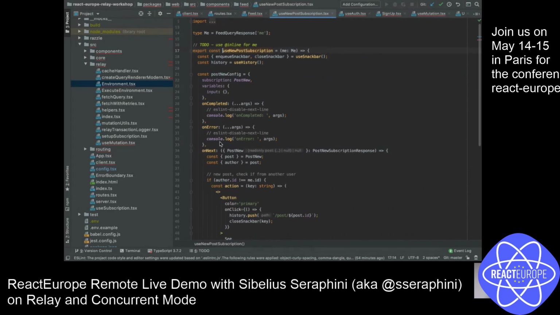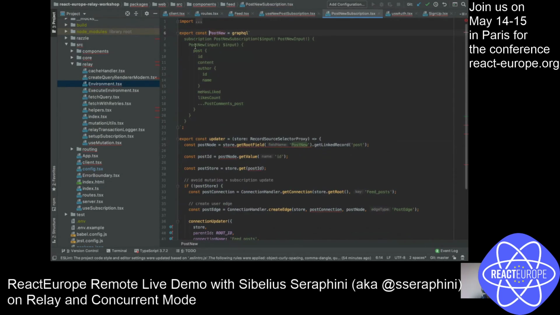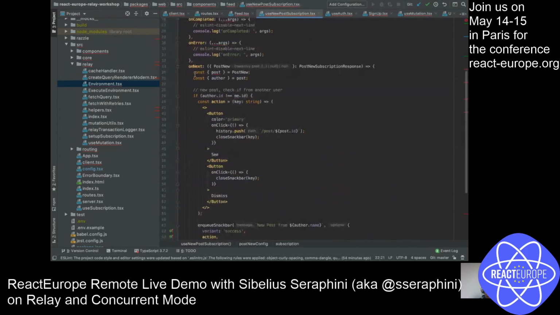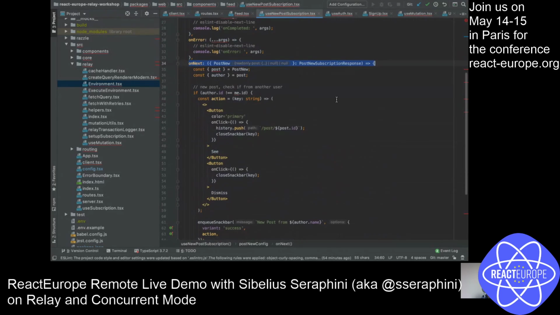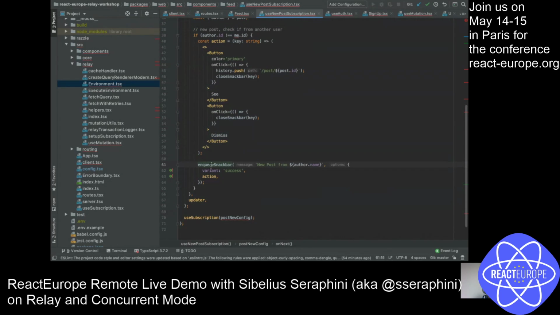What I have here is, I'm going to subscribe to this new post subscription. So every time a new post happens, I want to do something. When I get a new post, onNext is going to be called every time a new post is created. I'm going to show a message, new post from author, and then I could do two buttons over here.